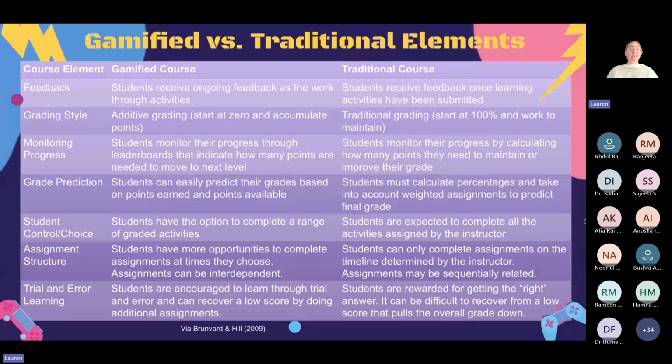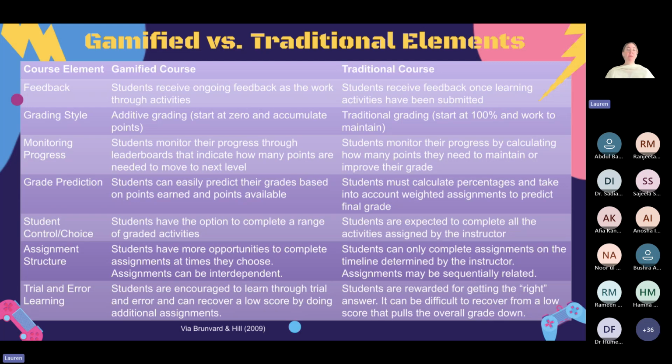Okay, the next point is grading style. So gamified courses have additive grading, where the student starts at 0 and then works through different activities in order to accumulate points. And this is different from traditional grading, where we think usually you start at 100% and then you have to work to maintain it.